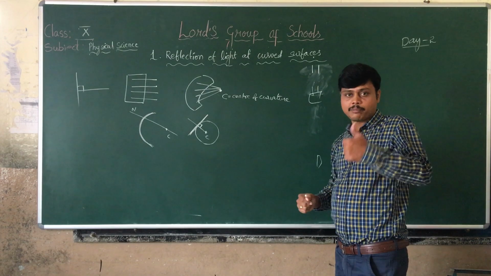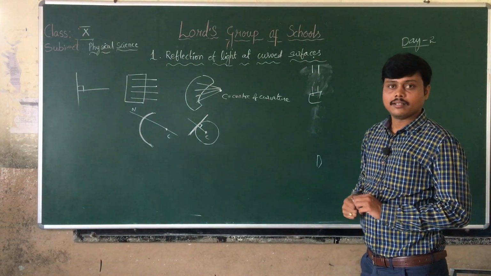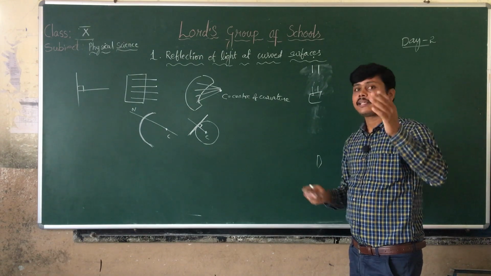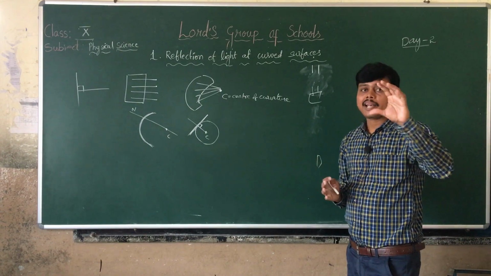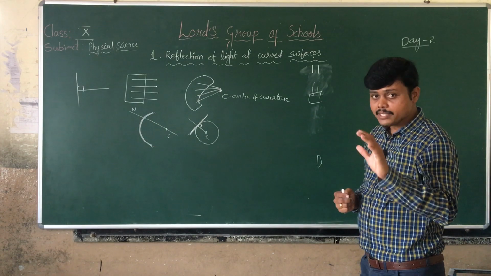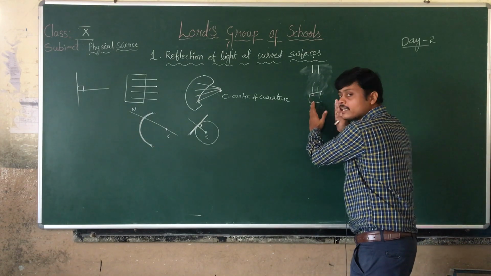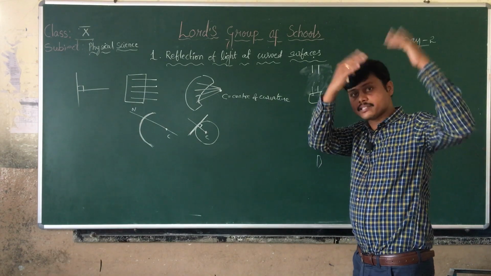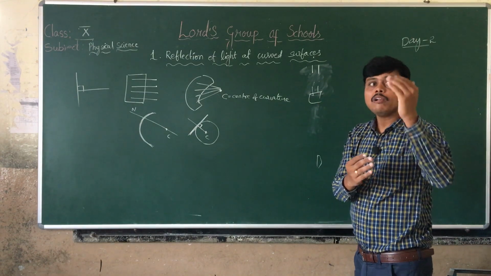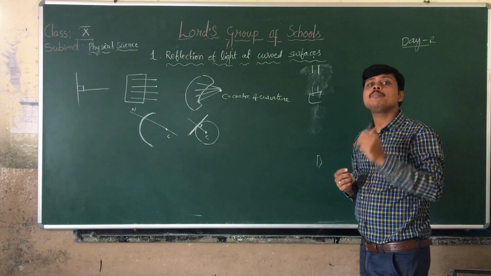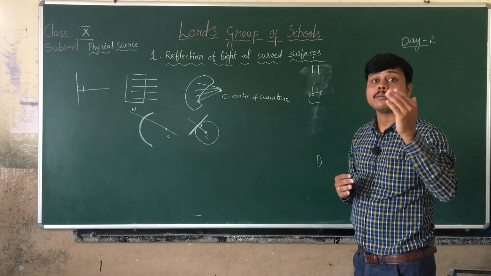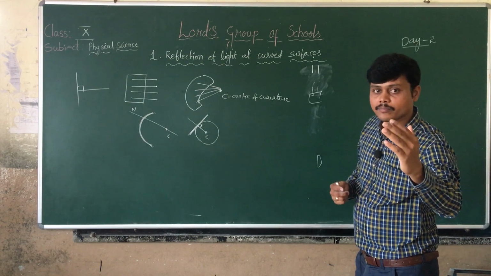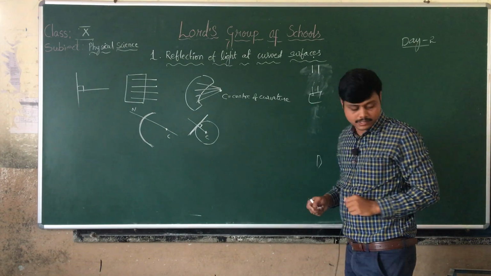And you know a very good example for that, what is that? Sun. The sun is very far from earth. So the rays coming from the sun can be taken as a parallel beam of light rays. From this activity I am concluding that a source at far distance like the sun always emits a parallel beam of light rays. That parallel beam of light rays falls on a curved surface.